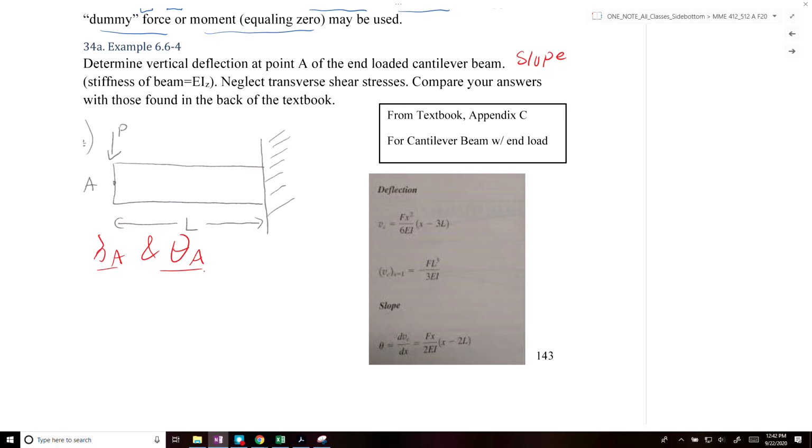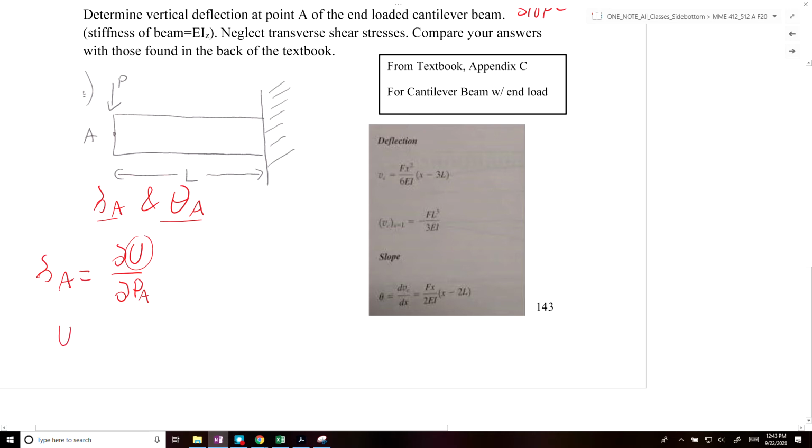In order to do that, we know that the displacement at point A is going to be equal to dU, the partial derivative of the total strain energy with respect to the force applied at point A. Okay, so the first thing we need to know is what is our total strain energy. So if we look at our strain energy,